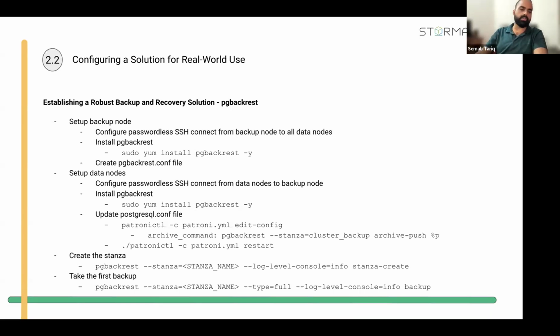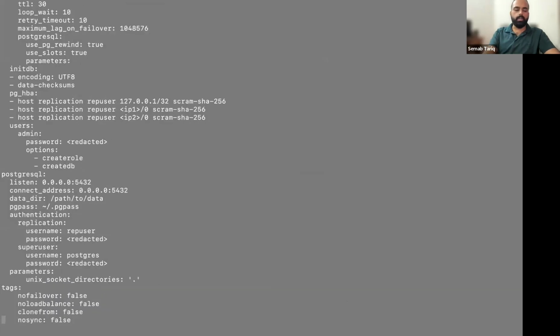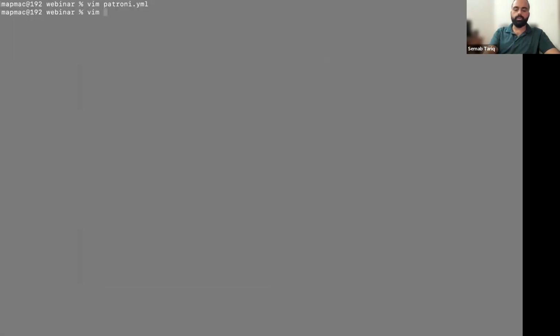server to cloud storage. So in order to set up the backup solution, we choose the etcd node. First of all, we have to install pgBackRest on the etcd node. This is a very simple command to install pgBackRest. Then we have to create a pgBackRest.conf file on our backup server, which is responsible for taking the backup. So again, I will go to my terminal and show you the pgBackRest file, how it looks